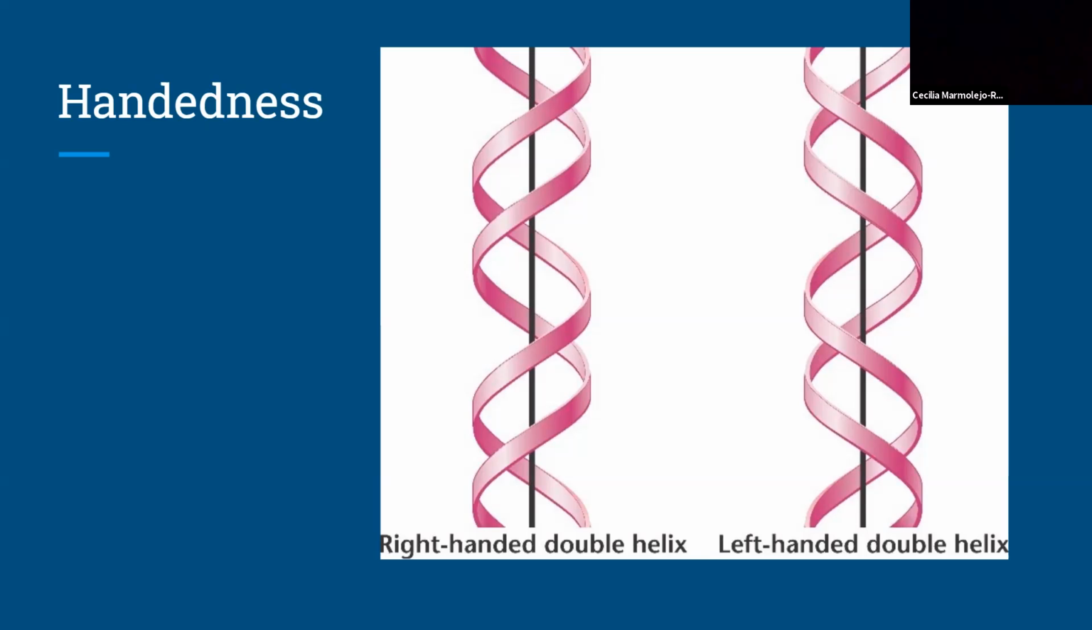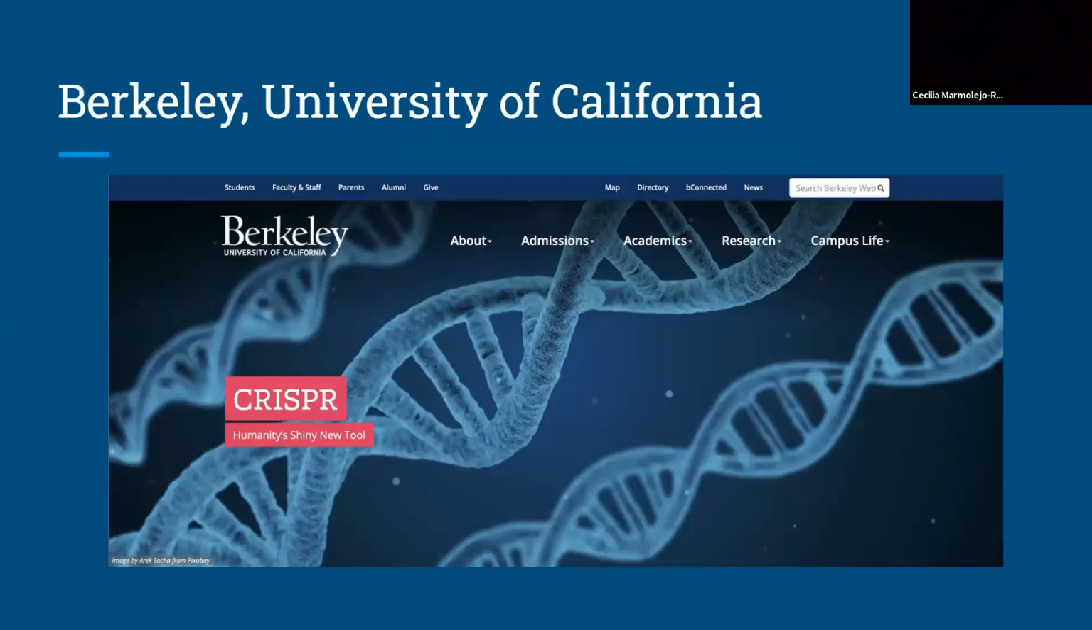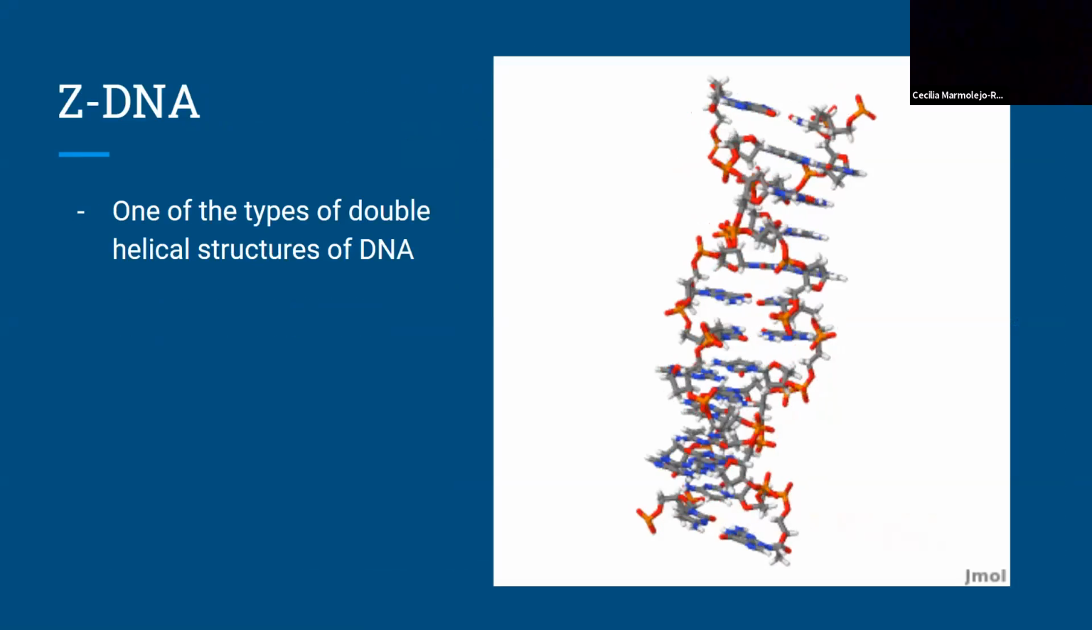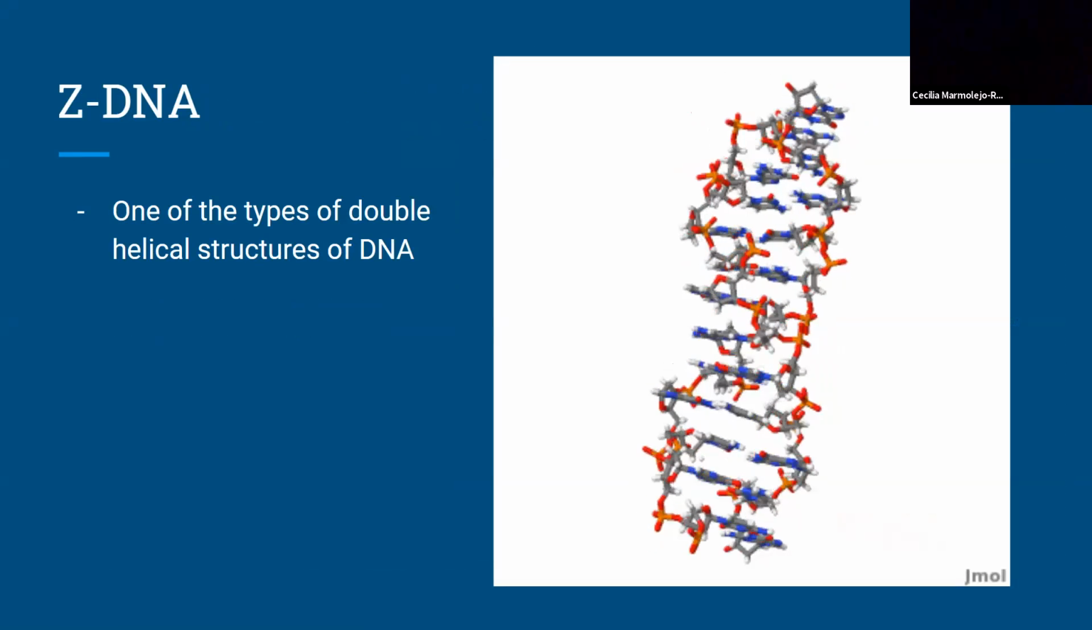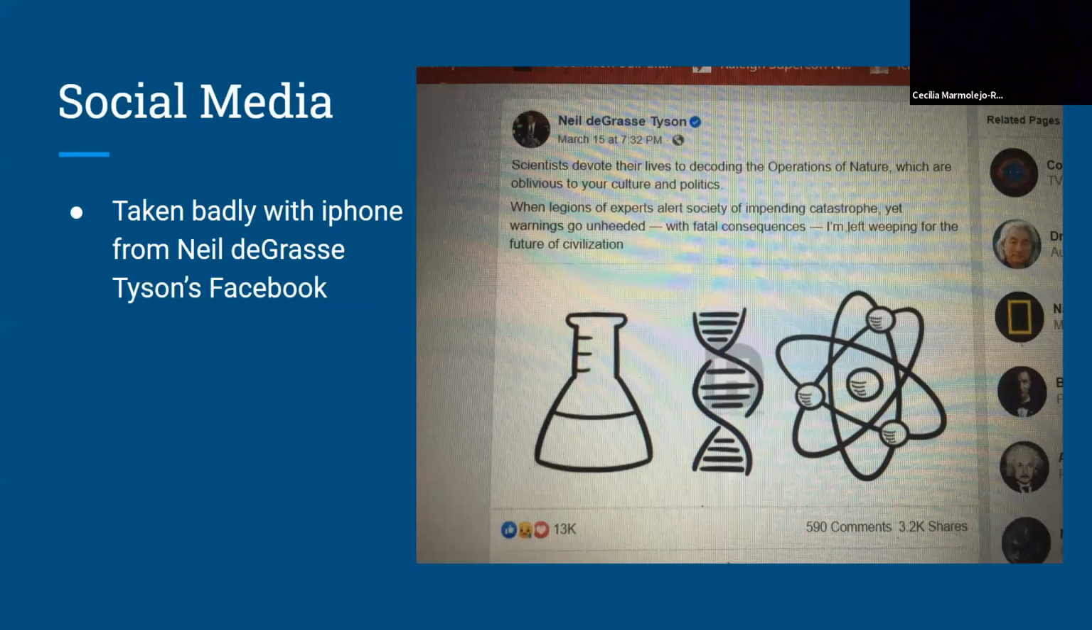Another thing that you've got to do for this prompt is looking up 5 examples of left-handed DNA from websites, as well as different locations. This one is from Russia, showing a mouse. And then Z-DNA is also known as left-handed DNA. And then social media, this one's from Neil deGrasse Tyson, and he used an image of a left-handed DNA strand,